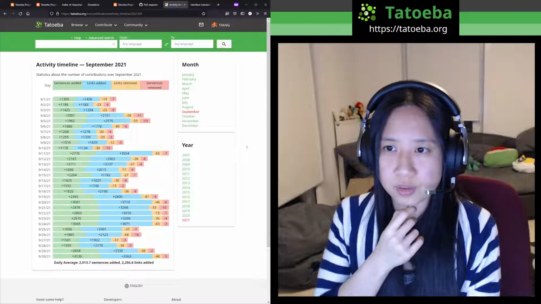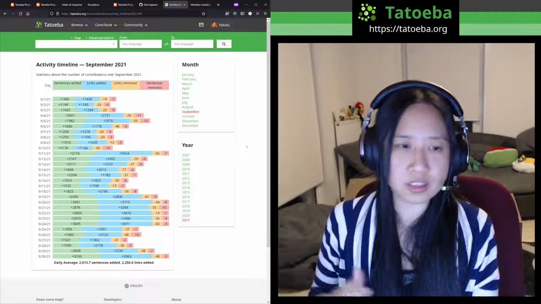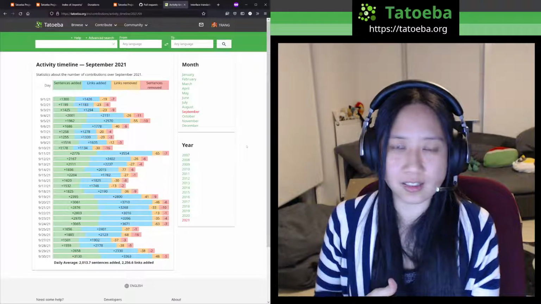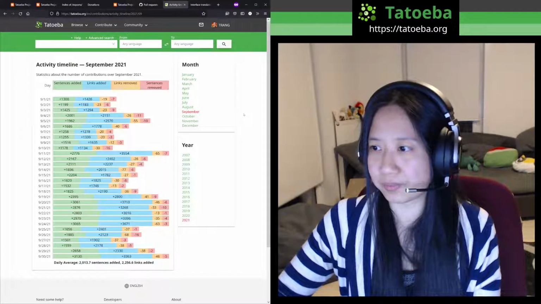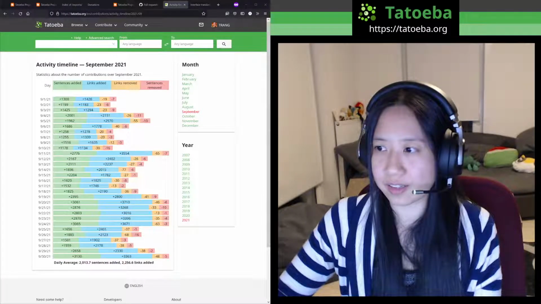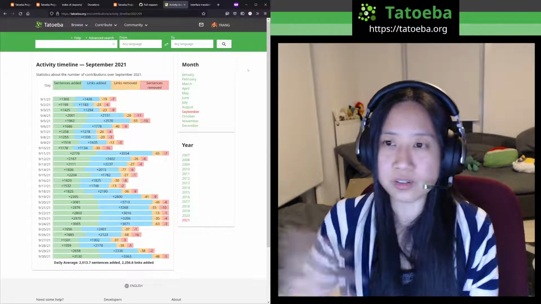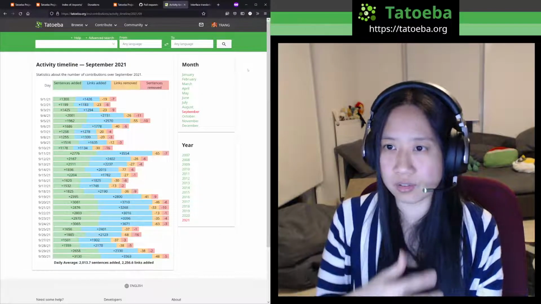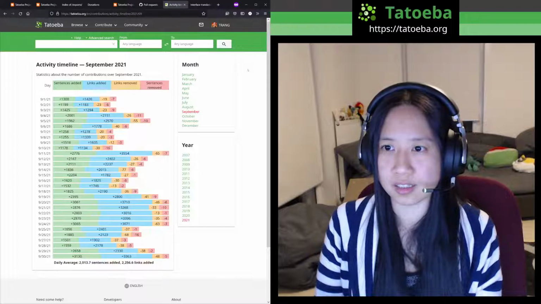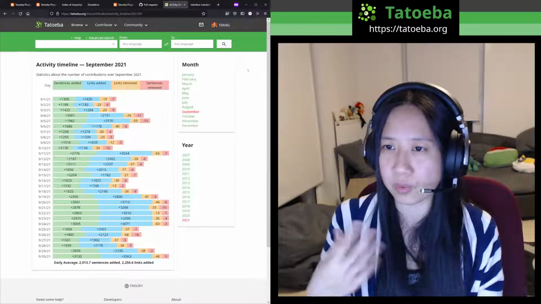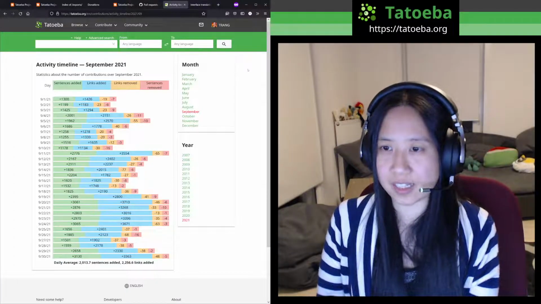So promoting Tatoeba is good, but obviously we don't want to do it in a way that would bring so much traffic and so much more demand that we won't be able to manage this demand. But in any case, I absolutely don't want to discourage anybody from promoting. The thing is that because there is already so much work with all the existing things, I guess the people who are most in a position to, let's say, hold more knowledge about Tatoeba and who might speak about Tatoeba in a more insightful way, like myself,